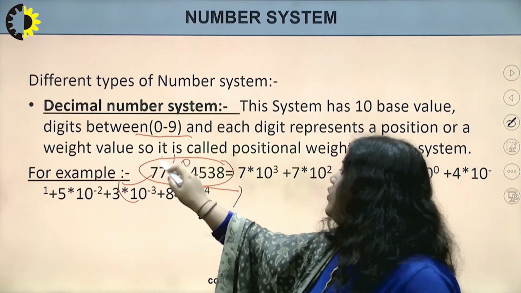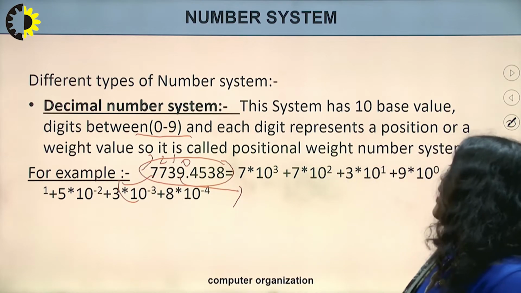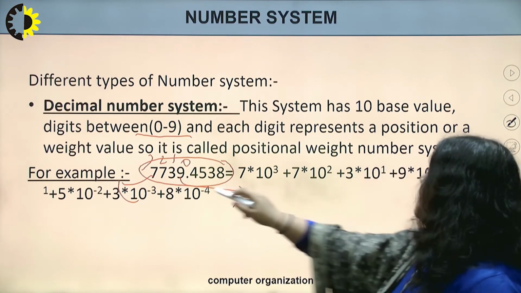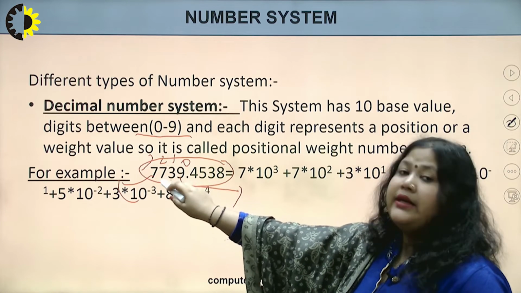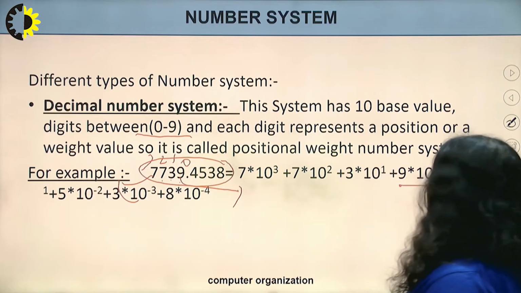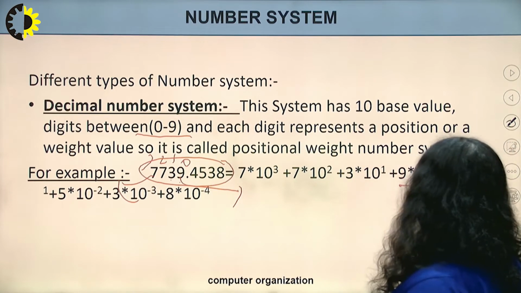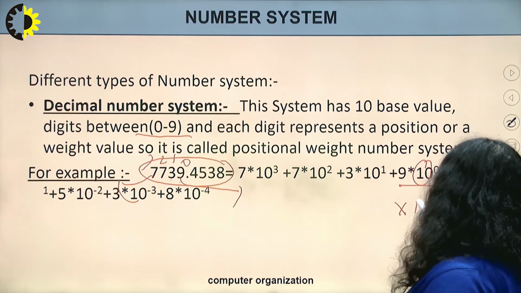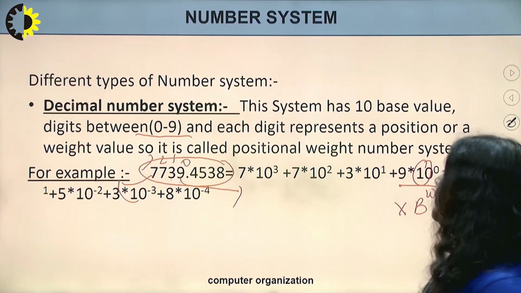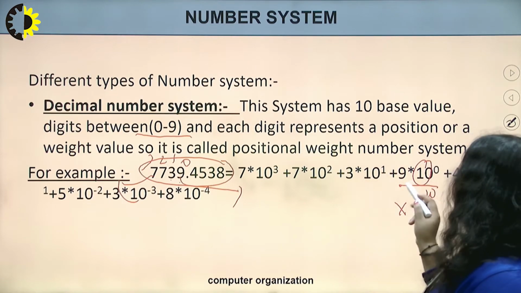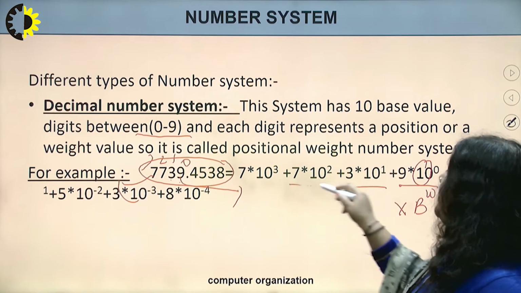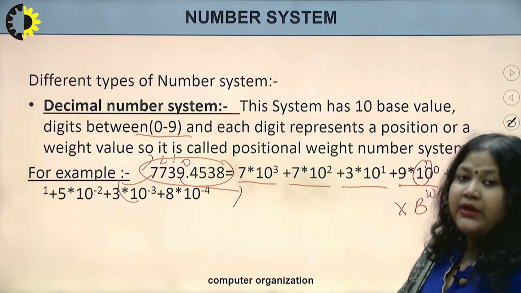Now, 1, 2, 3 are the positions of the weights with the value of x. Suppose the first value is 9, second is 3, third is 7 and fourth is again 7. So, we start from 9 multiplied by 10 to the power 0. This is the power base. This is basically x, base and w. This is the basic formation of this particular system. So, this is calculated as 9 multiplied by 10 to the power 0, plus 3 multiplied by 10 to the power 1, plus 7 multiplied by 10 to the power 2, 7 multiplied by 10 to the power 3,